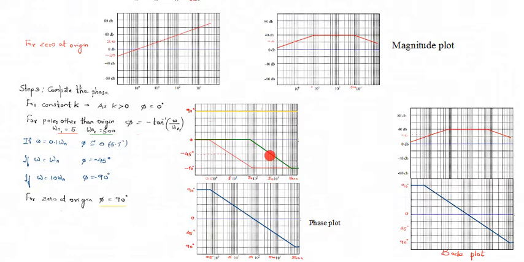And finally, the next step is to combine the magnitude and the phase spectrum onto one graph. You have to draw both of these on a single graph paper, this magnitude plot and the phase plot done on a single graph.